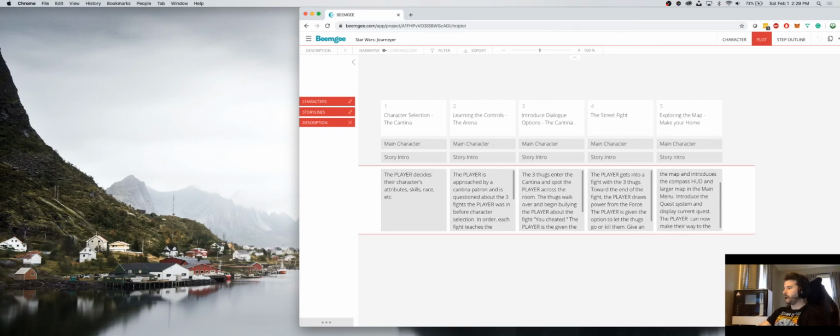The player can now make their way to their residence through the map. Alright, so that's that card. Let's see, I think for this video what we'll do is just get to the point of making our way off Tython, then we'll call this video. We'll try to keep this video shorter. Make your way home. The next one is